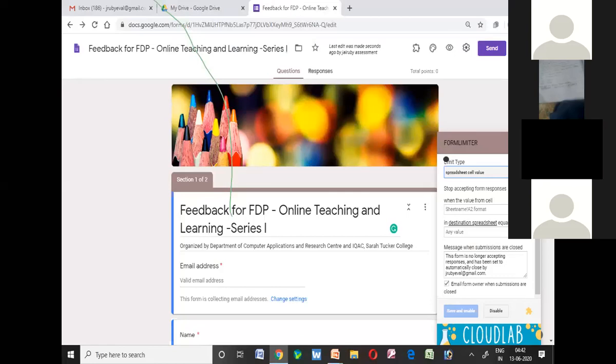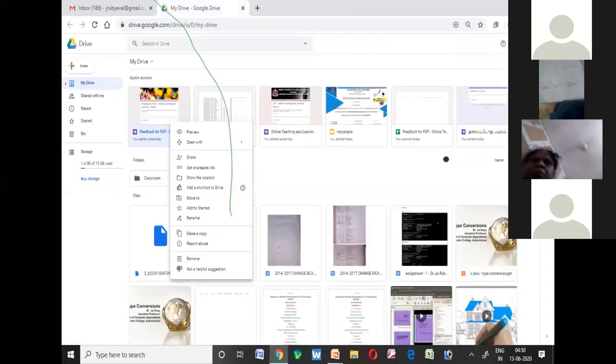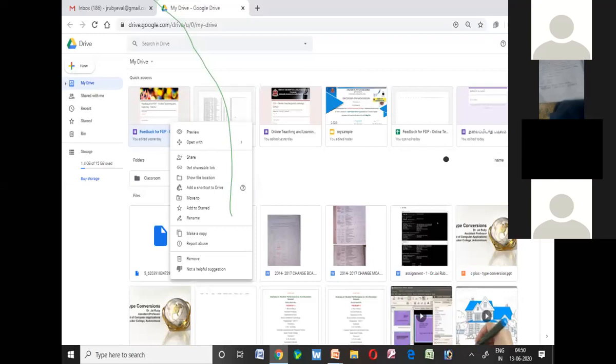So in this way, you can create all the questions, you can create certification, and you can set a limit for your form. And suppose you want to share your form with some people, or make another person the owner, because you have completed all your tasks and want to make another head of the department the owner of the form, you can do it by clicking My Drive. You choose your file and get shareable link, or you click on share.